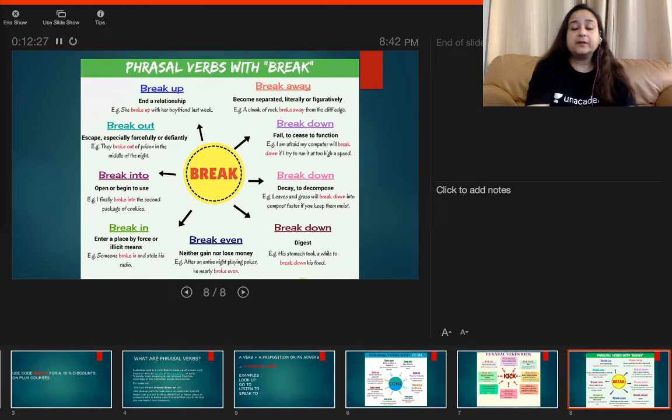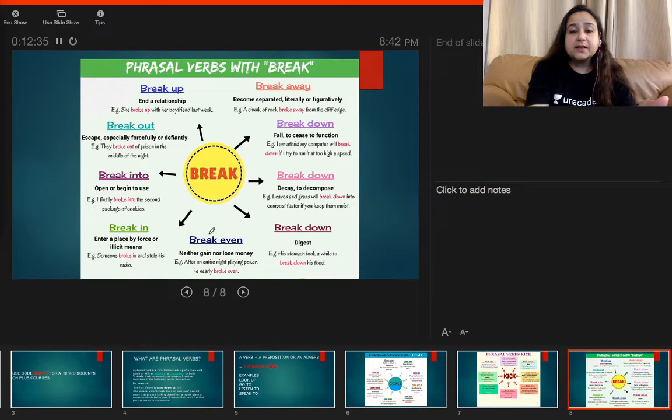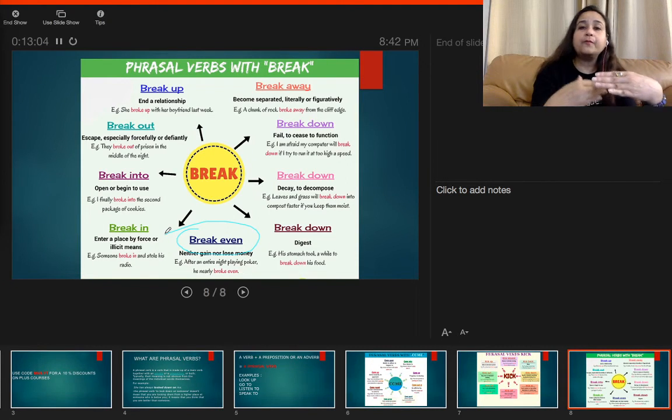Then break even. Now break even again we use a lot, especially in the terms of business. You say my business is at a break even point, means your cost and the revenue that you are earning is almost similar, so it's balancing. So you are neither getting any profit nor a loss. So no profit, no loss situation is the break even point. After that if you earn, then you will earn profits. So break even is that point wherein you are in a no profit no loss situation.